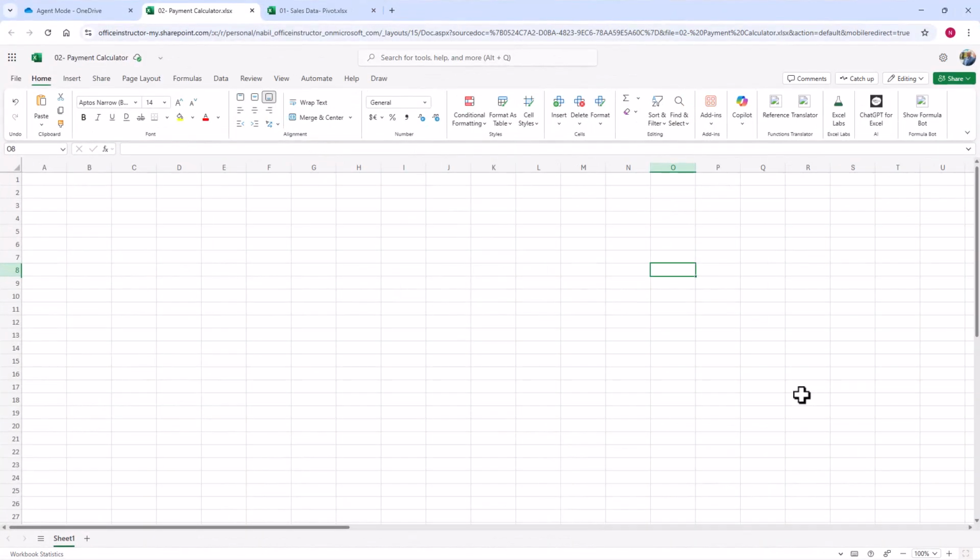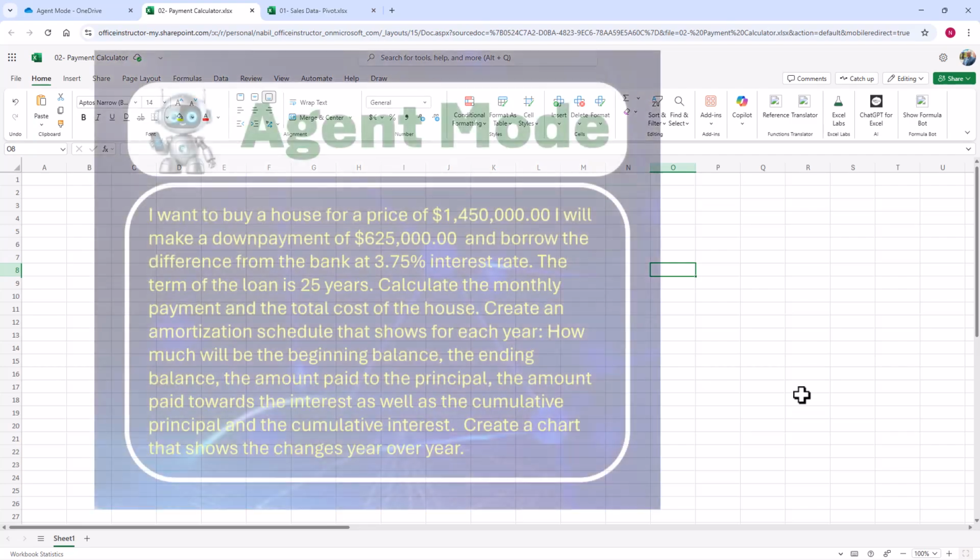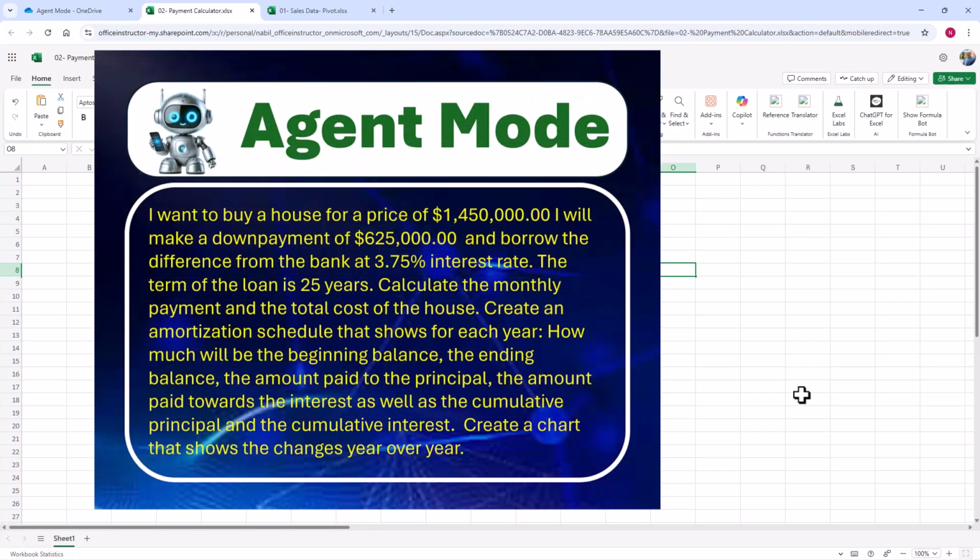I don't have any data in this worksheet, and I'm going to write a prompt directly to agent mode because I want to buy a house for a price of $1,450,000, and I'll be making a down payment of $625,000 and borrow the difference from the bank at 3.75% interest rate. The term of the loan is 25 years,